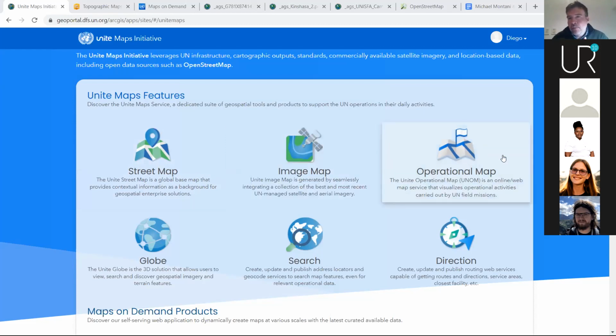We are adding contextual information related to our operations in the field, from where the UN operations are taking place, especially in Africa and the Middle East, to supply routes, security routes, helicopter landing sites, everything related to the operations in the field.